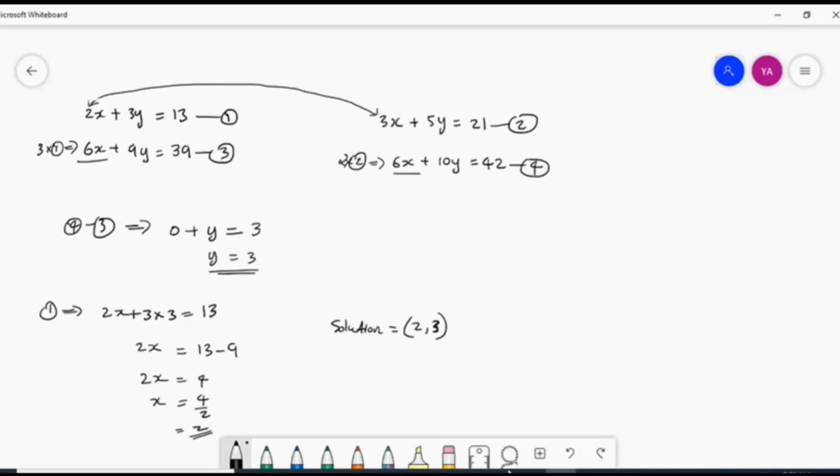Okay, so this is the third type. In third type, what's the problem? Here the x coefficients are not equal, y coefficients are not equal. But if you adjust only one equation, we cannot make the coefficients equal, because they are not multiples. So 2 is not a multiple of 3, 3 is not a multiple of 2. And again, for y coefficients, 3 and 5, there's a term in mathematics, they are relatively prime. There are no common factors for these two numbers except 1.